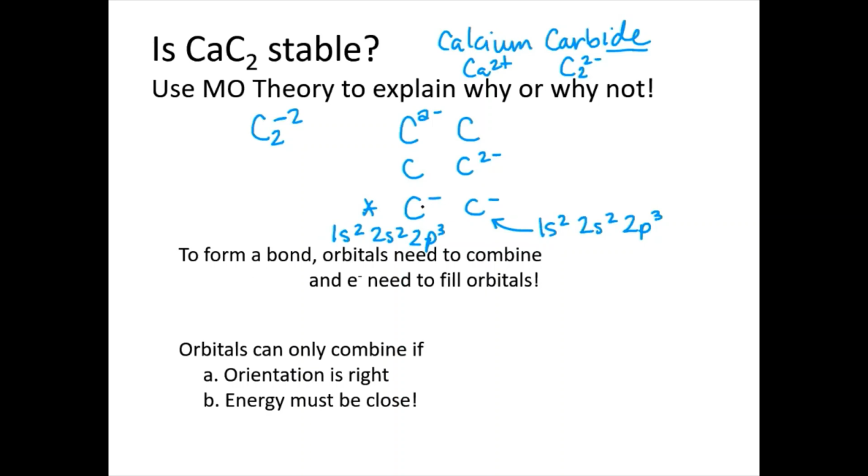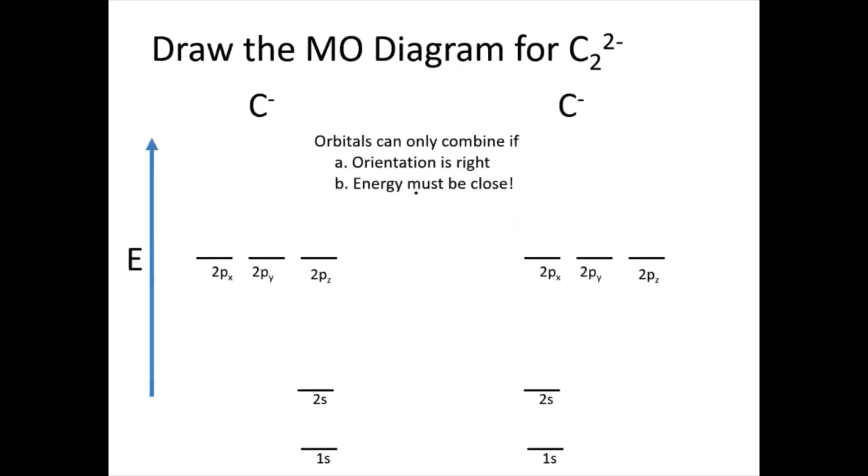And so to form a bond between these two, I need the orbitals to combine. I need to be able to add these orbitals together, and electrons need to be in those orbitals when I combine them. And remember, I can only combine orbitals if 2 things are true: the orientation is right, and the energy must be close. Okay, so if I go to the next slide,